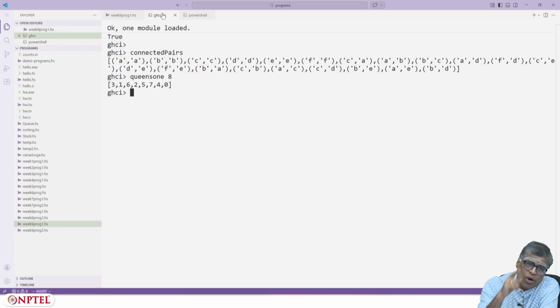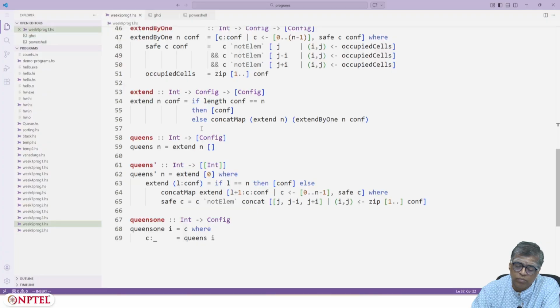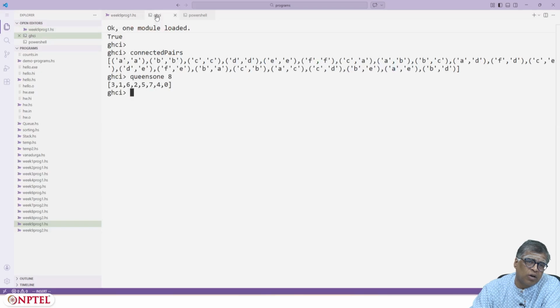If you want, you can actually draw this out and figure out that this is a solution. I made some minor modifications in the code here just for some more improvements, but you see that you can get some very quick results.